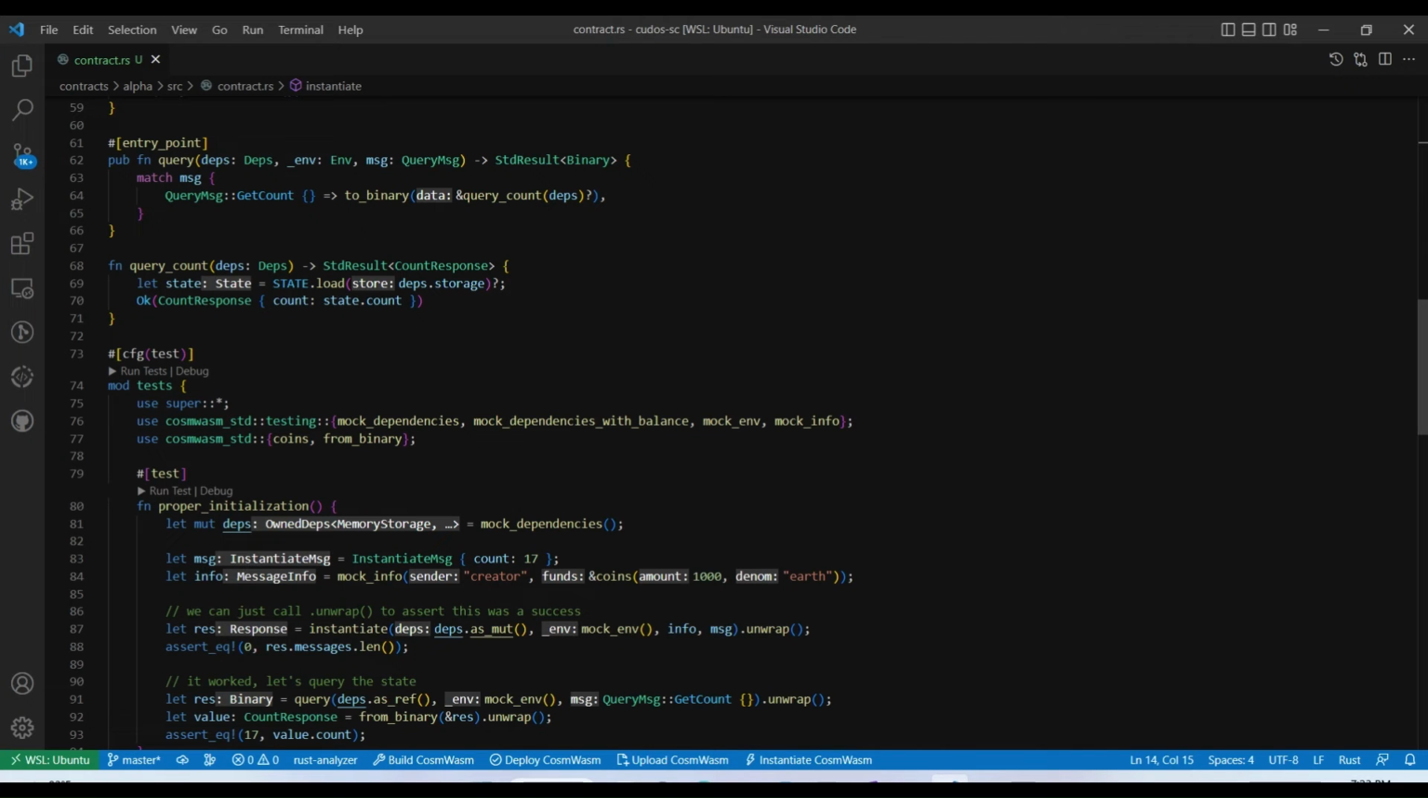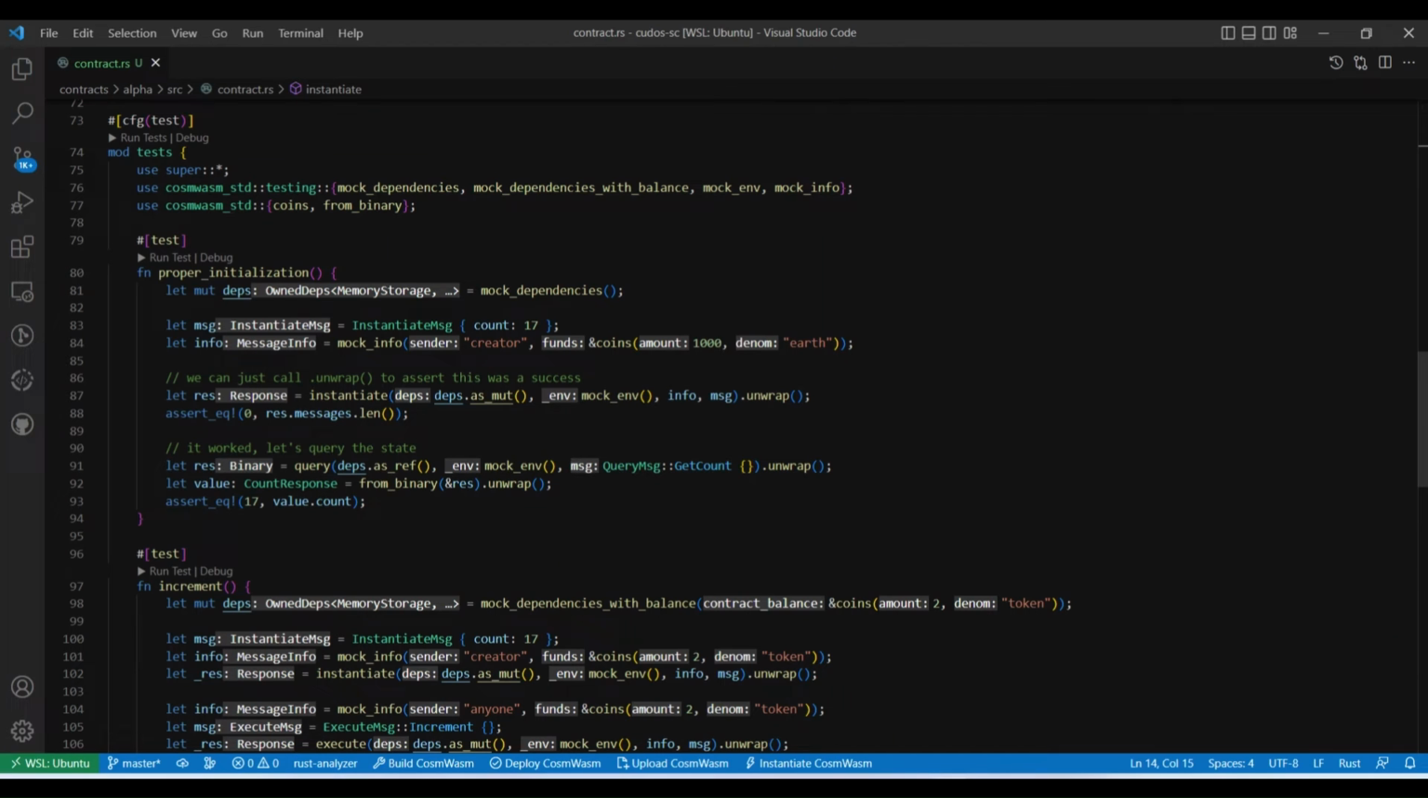Now let's look at the Rust tests. We have mock dependencies with balance, mock environment, and mock info. These are going to be used in our unit testing. So the first test is to see if proper initialization happens. We're going to create a mock mutable dependencies,